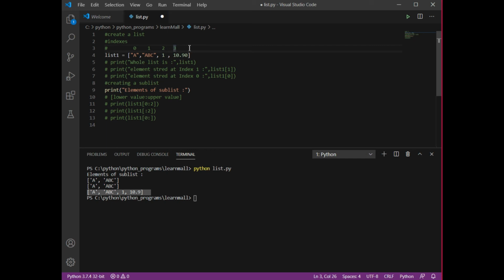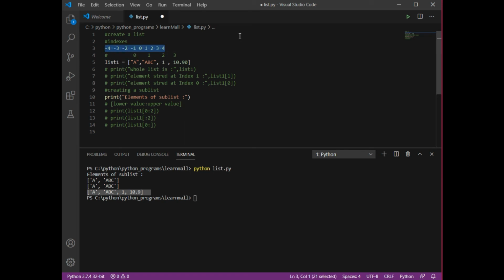If I talk about my number line, how is it going to work? Let's say I have values -4, -3, -2, -1, then I have 0, then 1, 2, 3, 4. This is how my number line works. Now we have dealt with the part that is 0, 1, 2, 3, 4, and we have understood that indexes are going to behave like this.